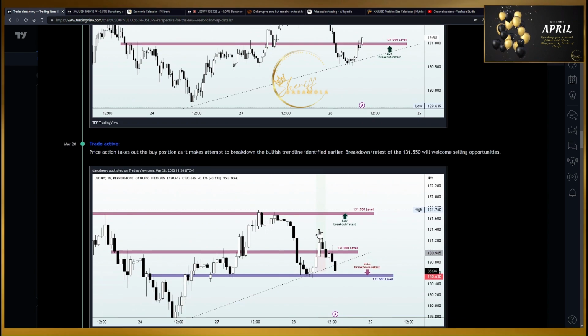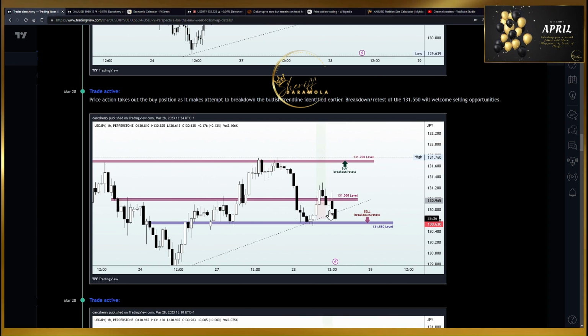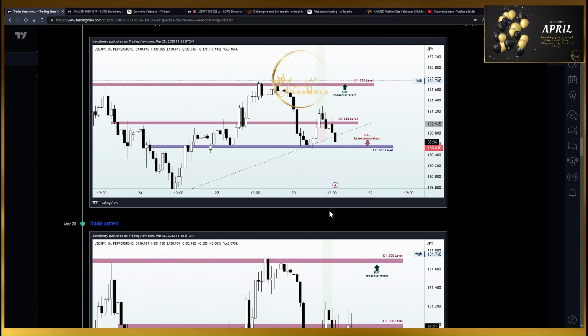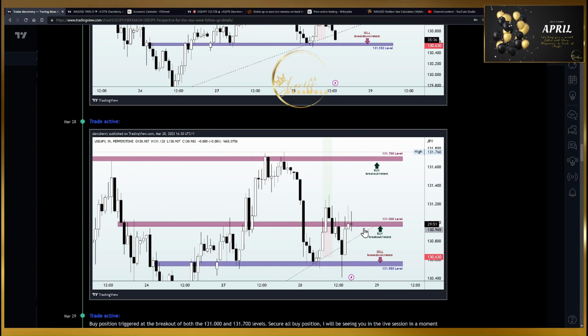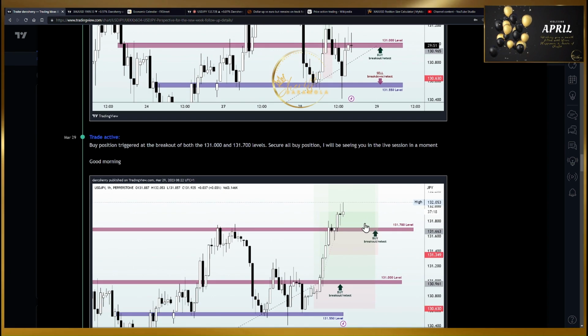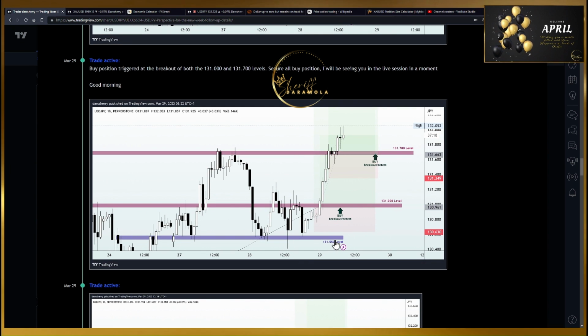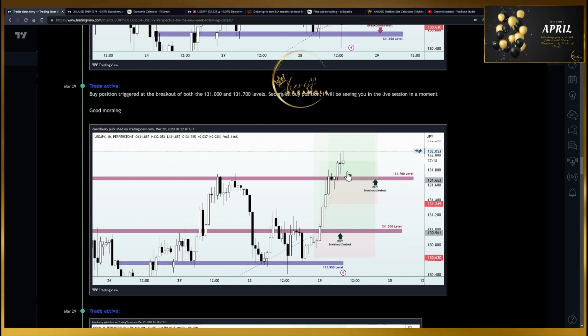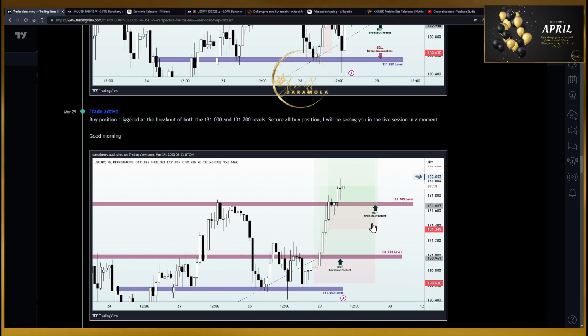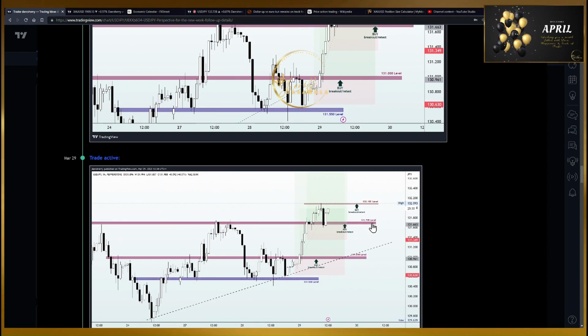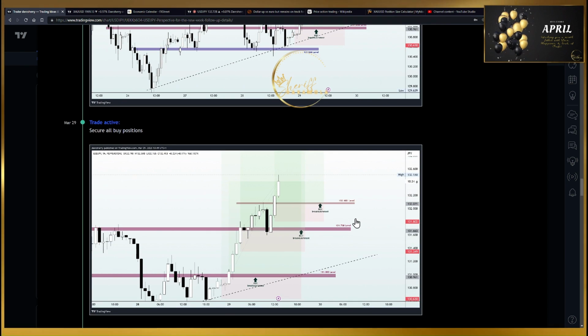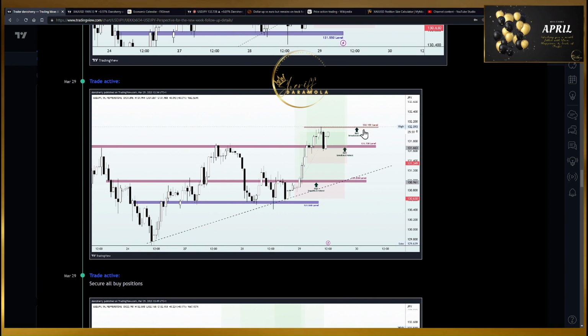131. And as you can see here, we saw some selling pressure around that area to shake out a lot of people. We still held on to our buyers, that a breakout of the 131.00 level will welcome our buy position. And look at what we have here. We had price action continue to the upside, breaking out the 131.700 level to welcome an additional position in that regard. And at this point also, we anticipated the breakout of the